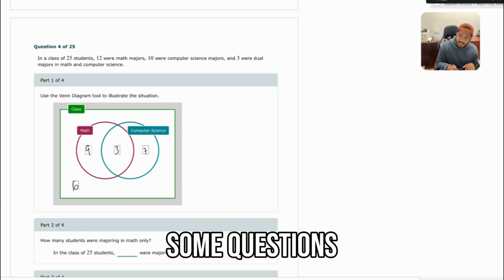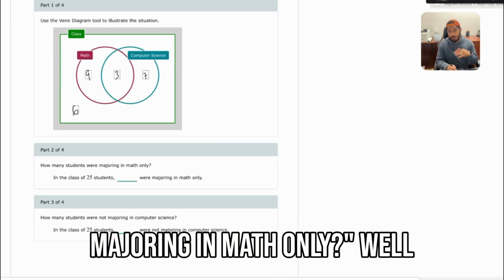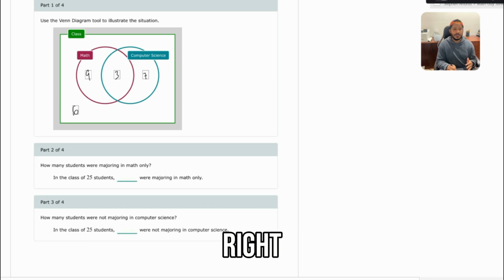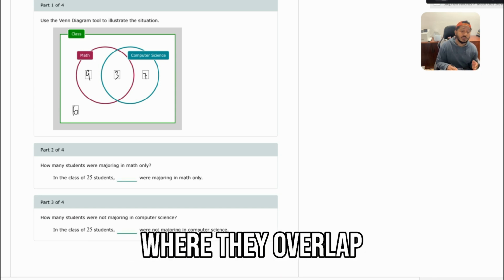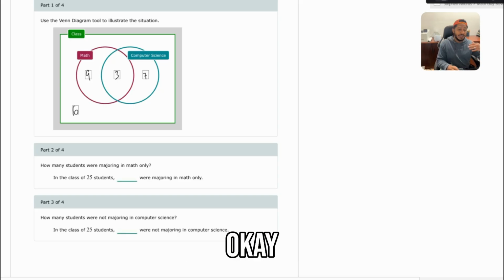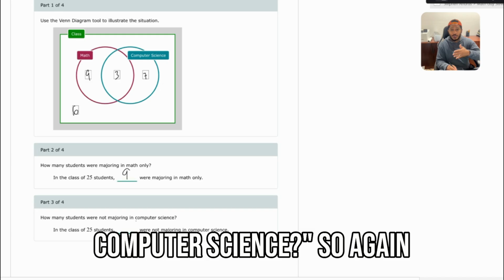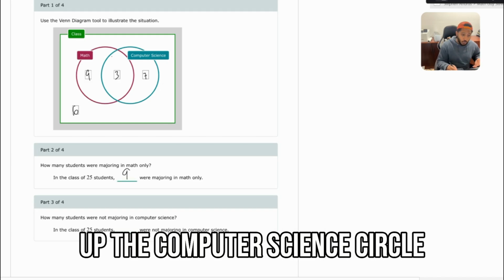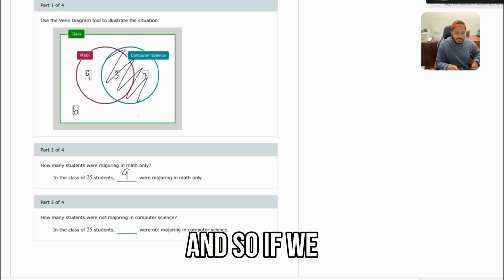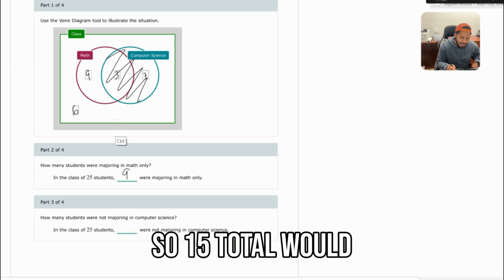So now let's answer some questions. Here it says, how many students were majoring in math only? Well, that would be just this part here, not the math and computer science overlap, just this 9 here. Part 3 says how many students were not majoring in computer science. So again, we cover up the computer science circle, right? And so if we cover that up, it'll just be this 9 plus 6,